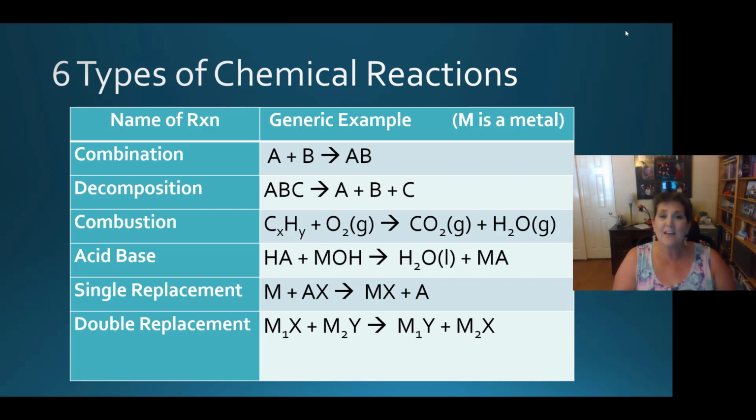So for single and double replacements, you'll have to do this. Single replacement, you'll make one metal nonmetal compound, you'll have to check your charges. And for a double replacement, you'll actually have two metal nonmetal compounds, and you'll have to check the charges for both of them. So that's kind of an overview of your 6 types of